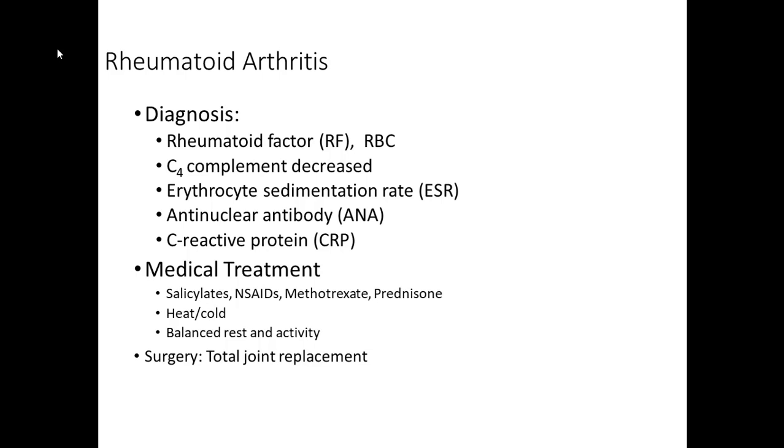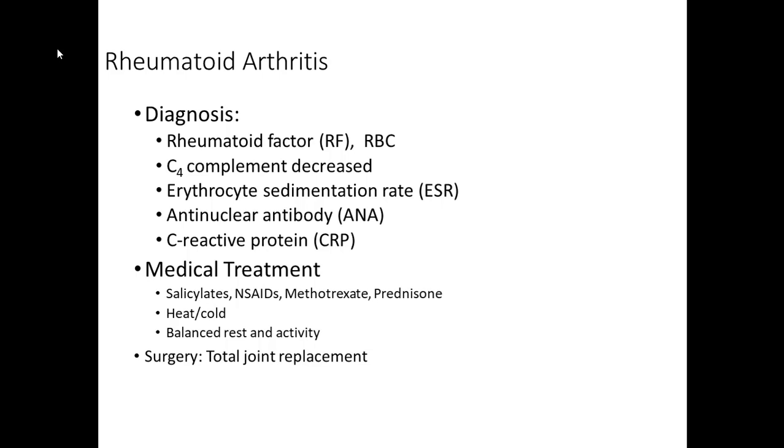Treatments: a lot of times they're going to be on prednisone. If they're not on it long term, they might be on it for their exacerbations. What happens is the immune system becomes overactive, and it's attacking the body. So when they take prednisone, it actually knocks the immune system down so that it no longer attacks itself, gives them a little bit of relief, and that's why they're on prednisone.